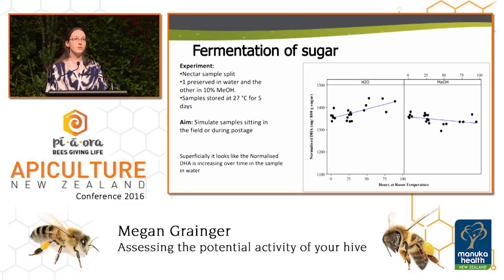The graph on the left shows the sample that was stored in water. So it looks like there's a trend for it to go up, whereas the one on the right shows that there's not too much variation. However, how can we be creating extra DHA? So it seems a bit weird. So if you look further into it,